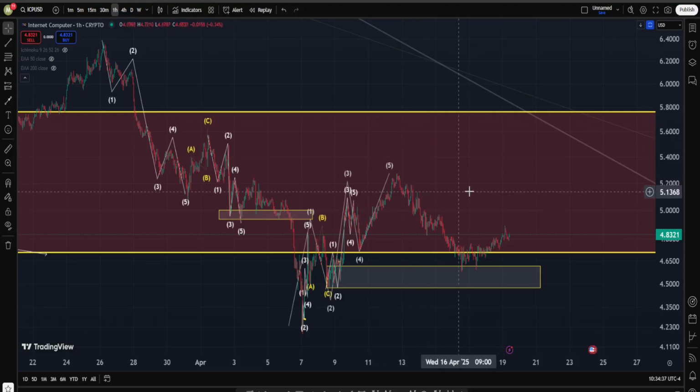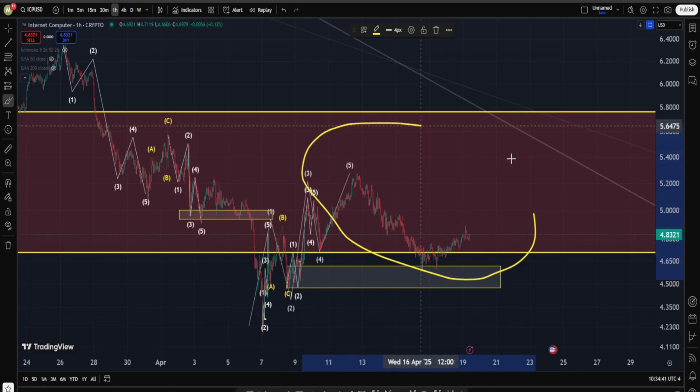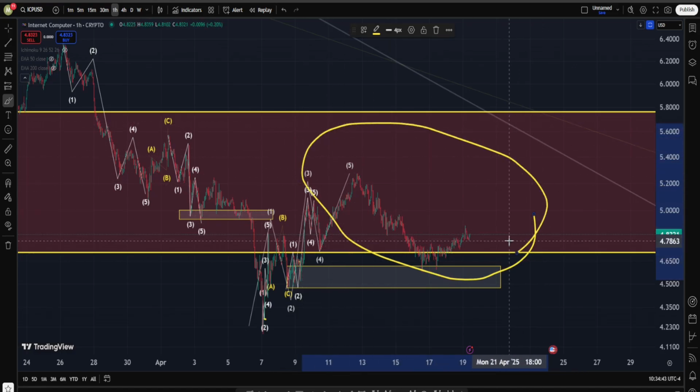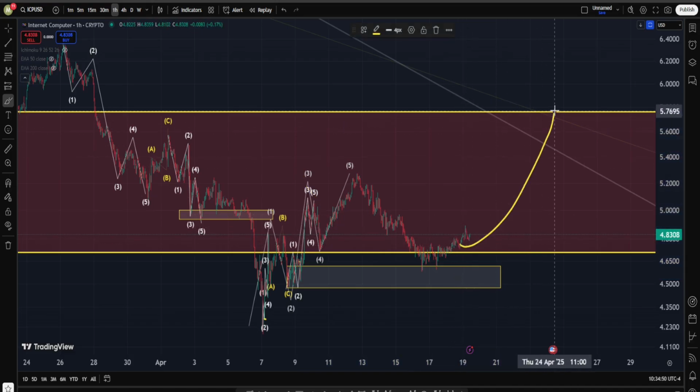Okay, so in today's video about Internet Computer, we are going to check out this part of the price action, and I'm going to tell you why my base case at least suggests that ICP might be gearing up for another move on the upside, and I'm going to tell you why I did actually open a very small long